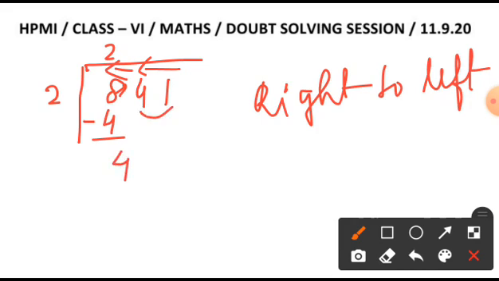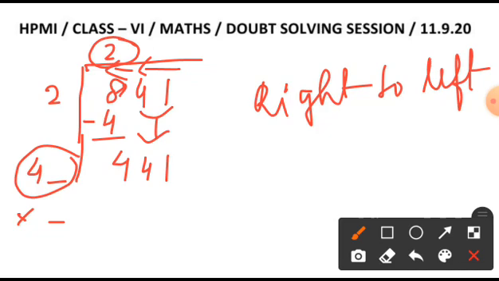Now in the next step what we will do is we are going to bring down this 41. Next, take the double of this 2. That means we are going to multiply 2 with 2. You know 2 2s are 4. Now beside 4 you will have to put one number in the unit digit. With that we are going to multiply this whole number. Now what number shall we put? See over here you have 1. So you must bring 1. So if you do 41 into 1 you will get 41, which is very much less than 441. So we cannot take 1.